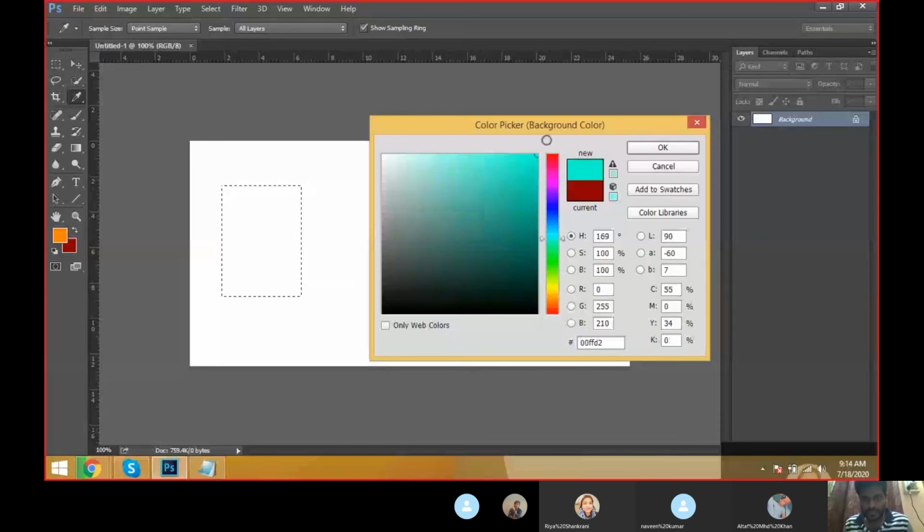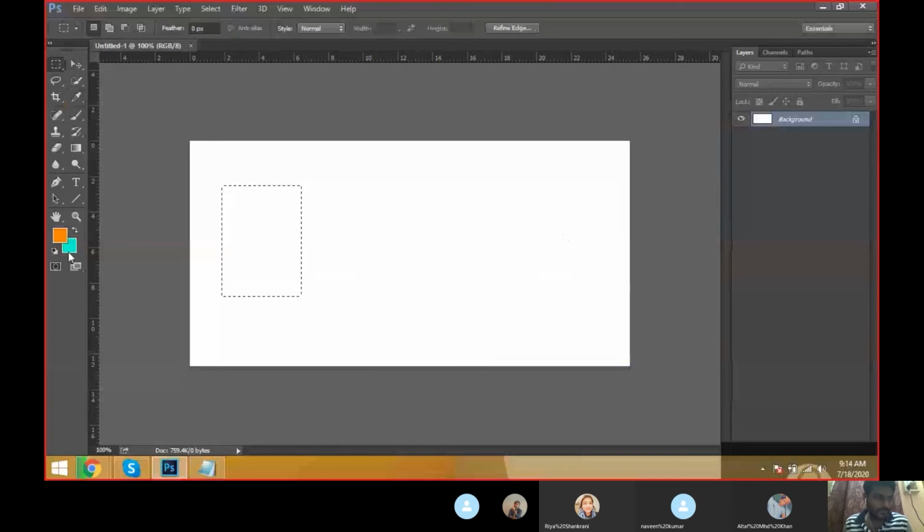One is lightness, one is highlights, and the third one is shadows. Lightness means midtones. We call it midtones. Highlights, midtones, shadows. When we go with the light colors, this is called highlights. It's splashy, that's why we call it highlights. When you go like this, it is midtones, meaning medium colors. And when you go darker, this is called shadows. These three steps are very important. Just click on midtones.